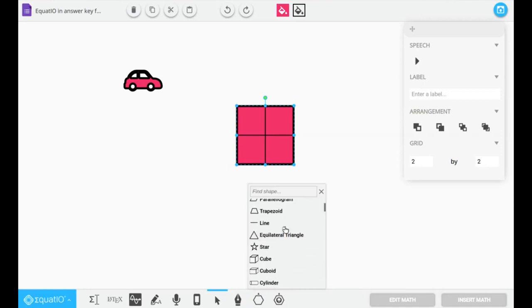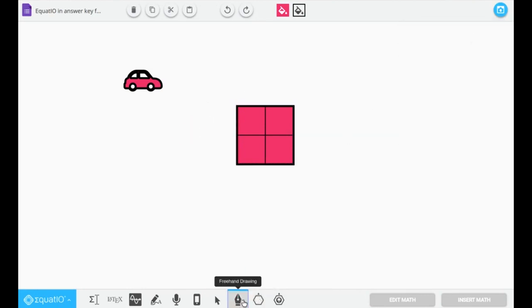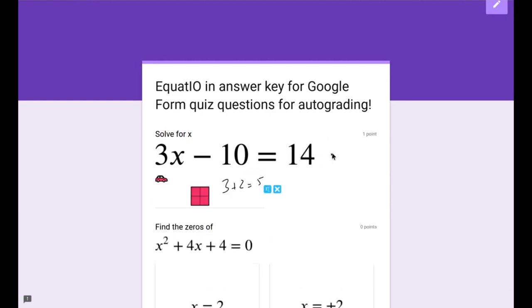Check out next week. You'll be able to see all the new Math Space items that we have, and also you'll be able to import a picture. So those are some great bits that we have coming for next week to enhance this. So here I can also use this freehand drawing, so I can do any bit that I want. So I can say like 3 + 2 = 5, and I can just submit that back into my response. So it's this digital whiteboard that I can use to create a response for a formative assessment or summative assessment, or just to also give those students those tools.